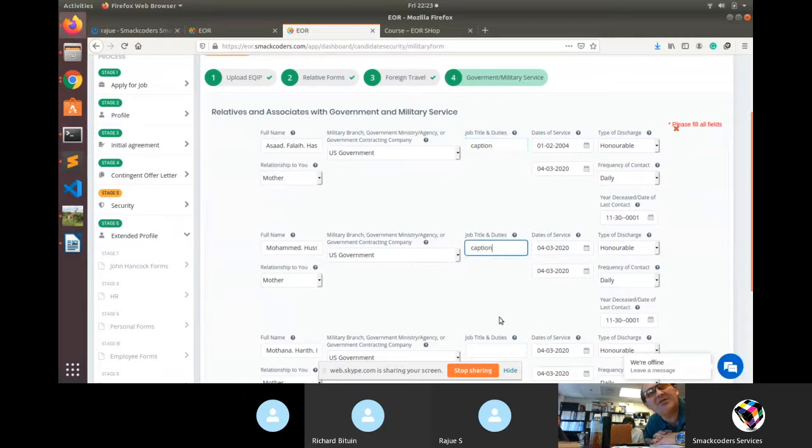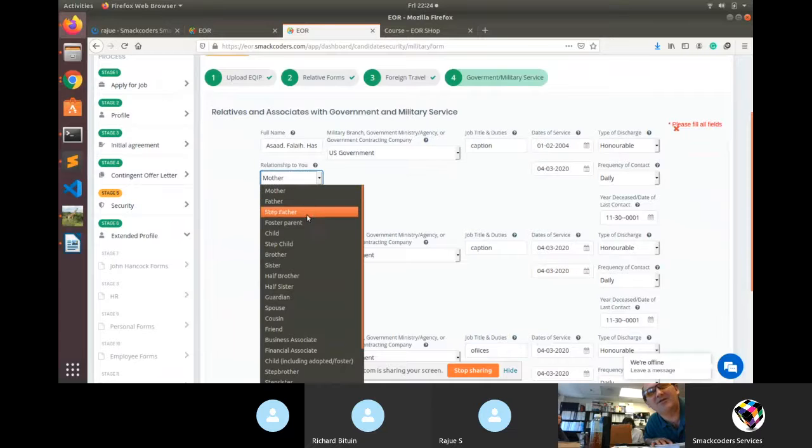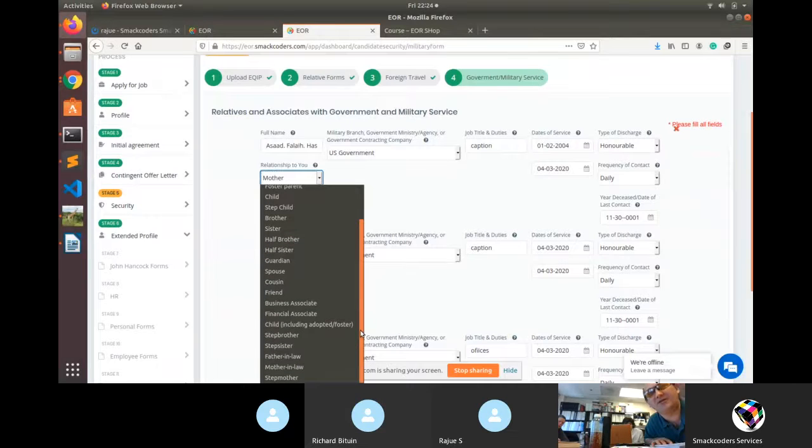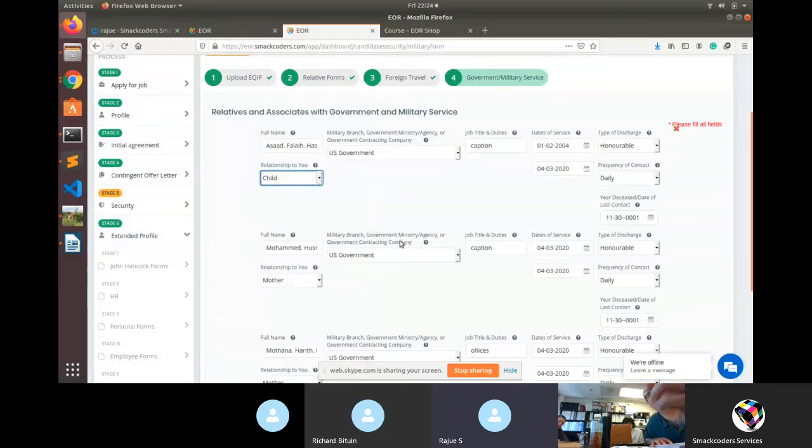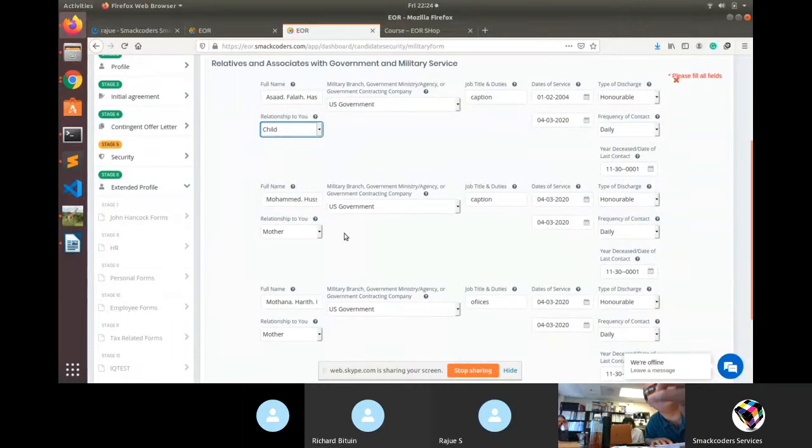So, and then also, here, eventually we need to make sure we're not parsing this wrong. Notice that the first two relatives say relationship is two mothers, so typically you're not going to have two mothers unless by marriage. I mean, it's okay. We're just saying if we're parsing this from the SF-86, we need to make sure that it parses the right way. Okay. Yeah, that's fine. So just something for us to take note of later on.